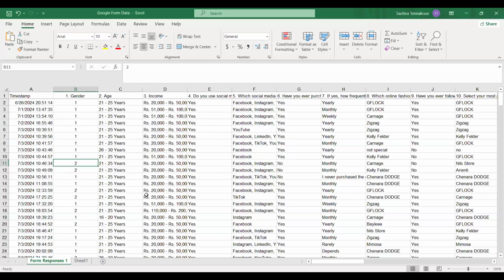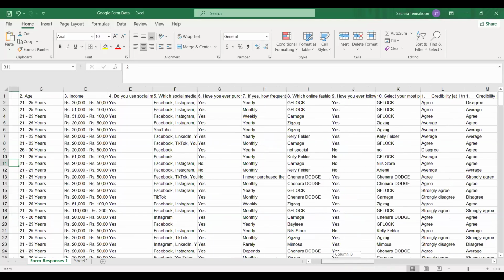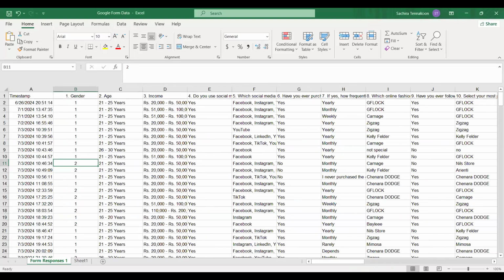So then it's done. In the same way, you can convert this Likert scale data into the numerical values before you are exporting data to the SPSS. Otherwise, if you are pasting the data, they will be considered as a string and this can be changed later, right? And whatever the data you need, this numerical replacement can be done in the same way, right? There may be a problem when you paste it the other way.